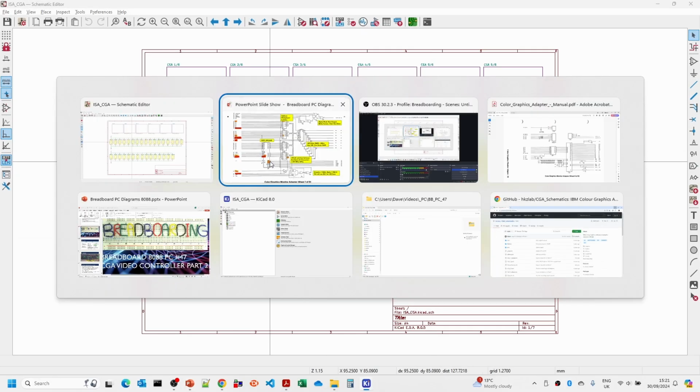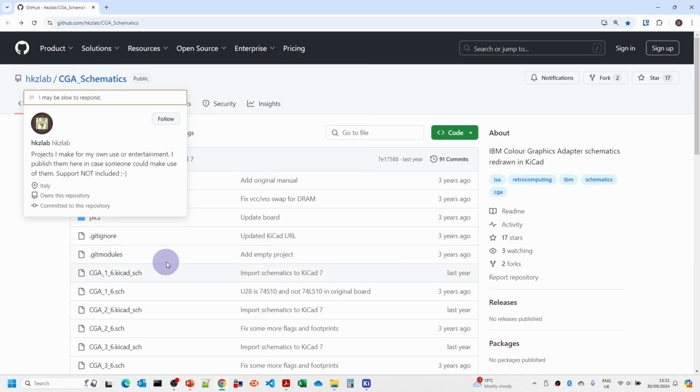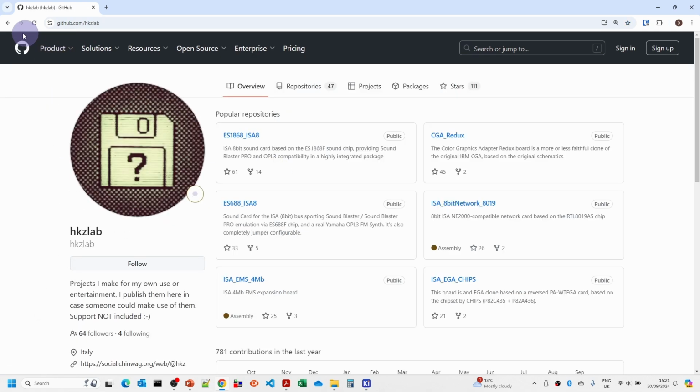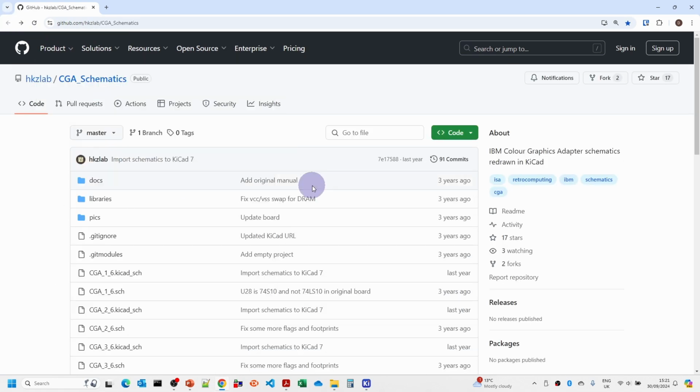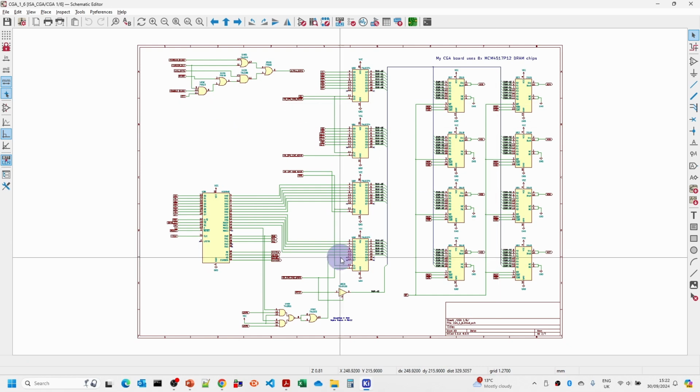So this schematic is available at the following URL, and I'll put this URL in the description below. HKZ Lab has kindly put this up here, and I've gone through this and it seems to be a pretty accurate reflection. This has actually produced, I think, a working PCB of a CGA card, so I think this certainly seems to work. And so what I've done with this is gone into this,